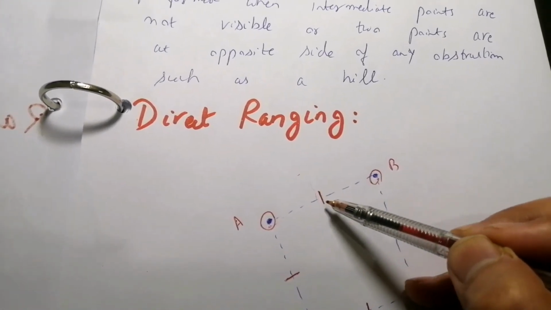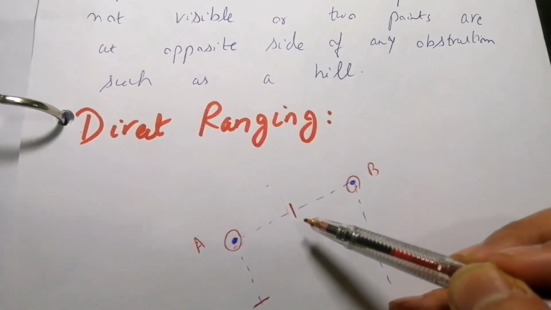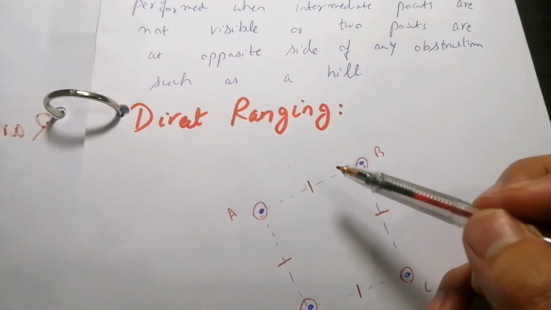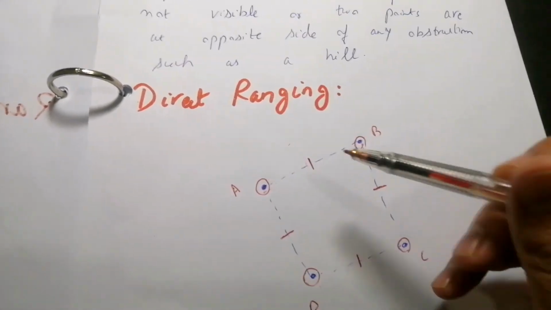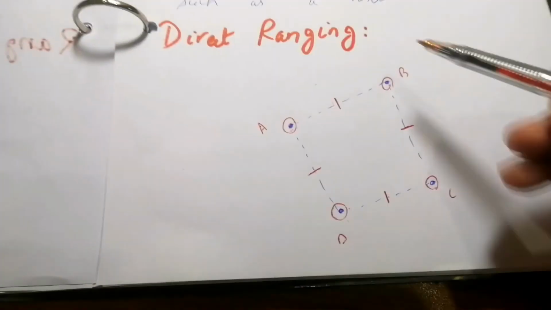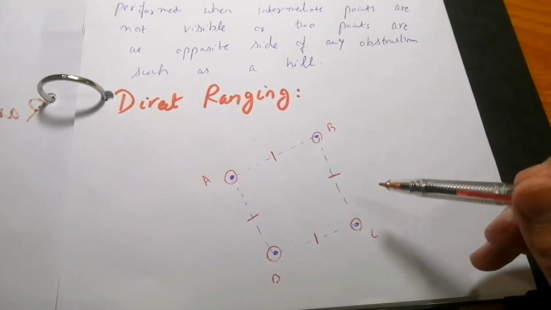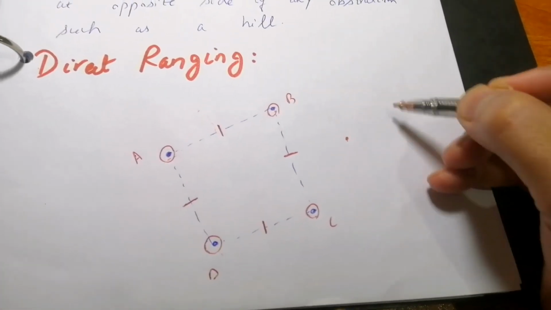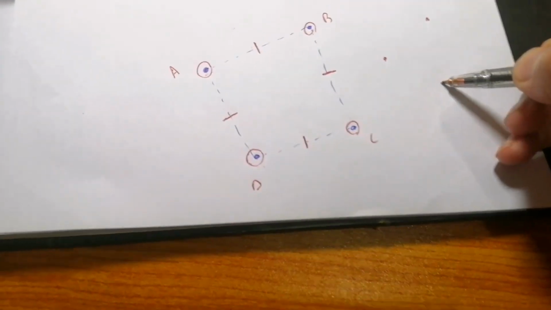So this is how you establish the intermediate points. Don't worry if you don't understand this diagram, you are also going to see the practical demonstration of direct ranging. In our practical demonstration, we established three control points A, B and C, and